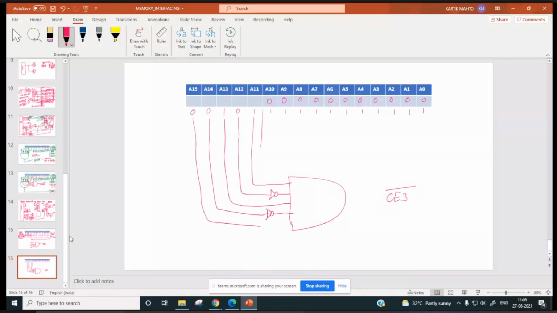A15 after this. What will be the lowest address? Lowest address is going to be... What will be the lowest address for this RAM chip?